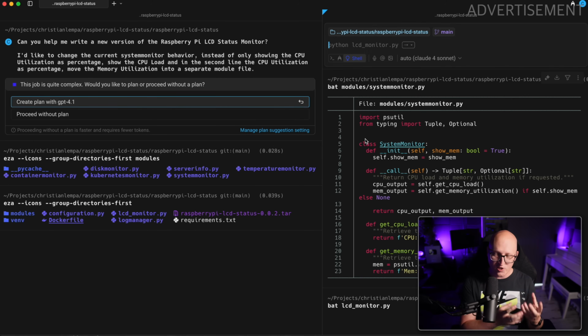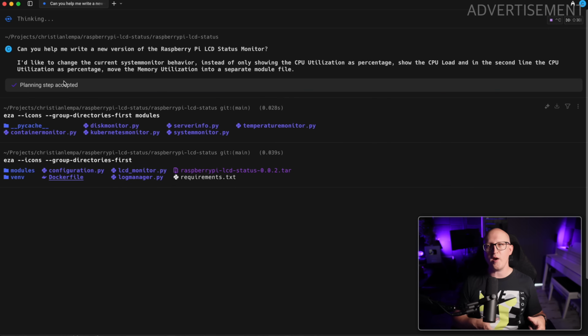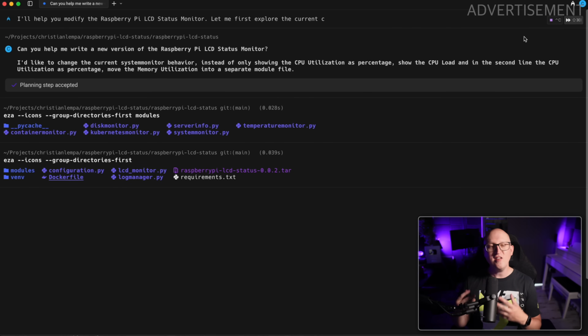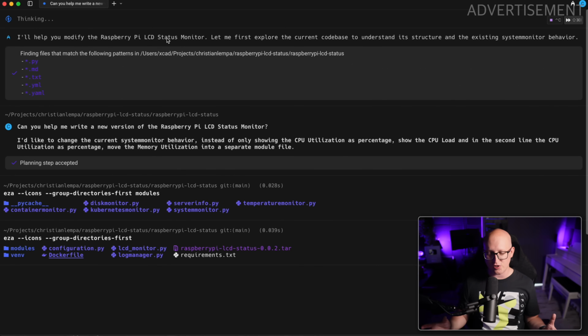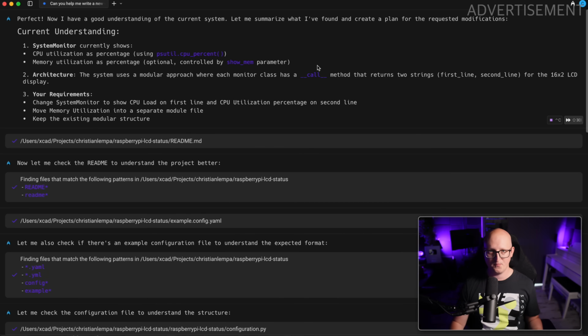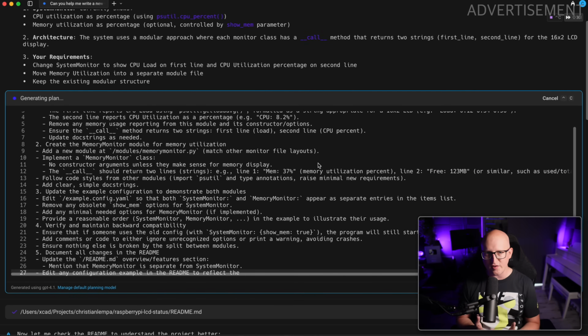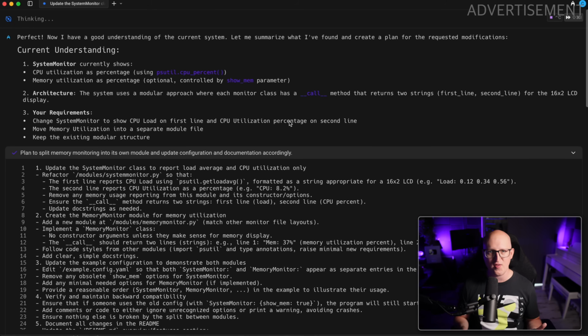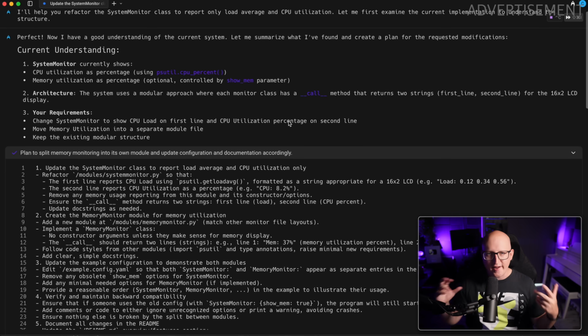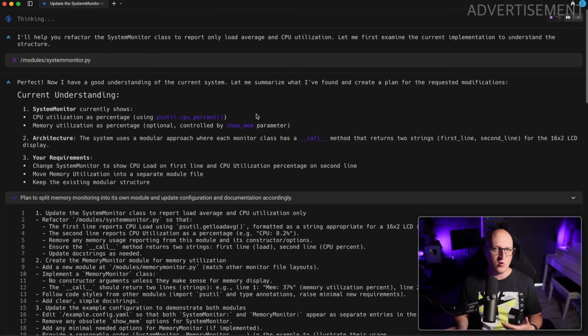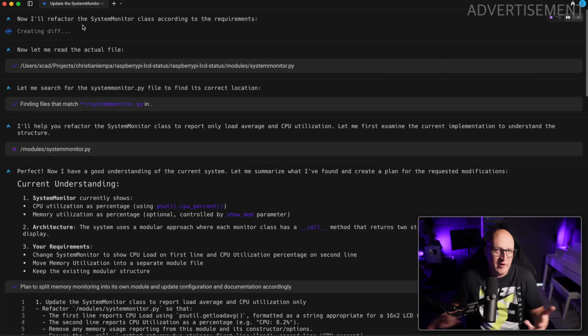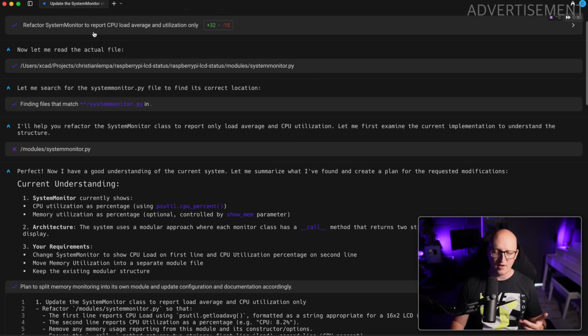So it had to change one file, and it even had to create a new file with a new function in the same structure how I've written the script. And here you can see it first comes up with a plan using the reasoning model because I've enabled that in the settings, and then I just executed it in the autonomous mode to see what happens and how it's doing its magic. And I don't want to go through all of the individual steps, but I will show you